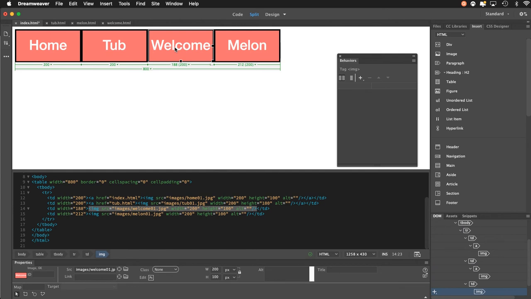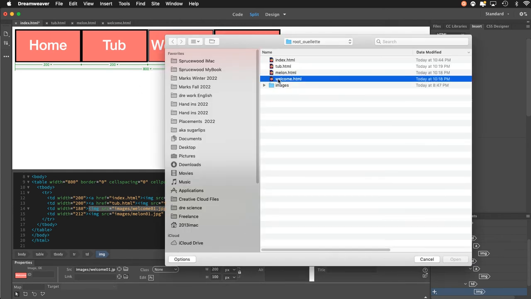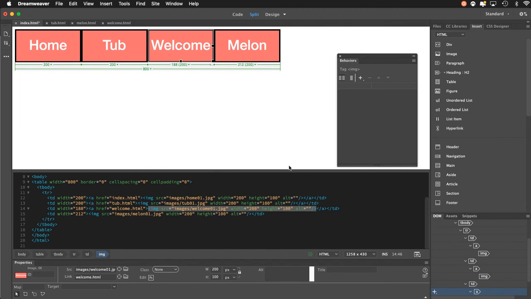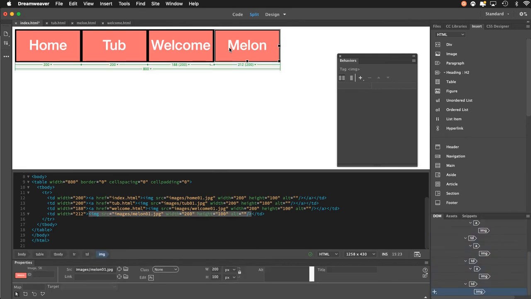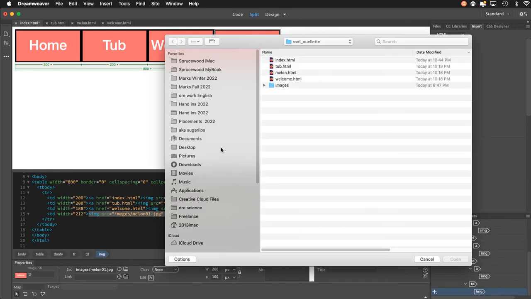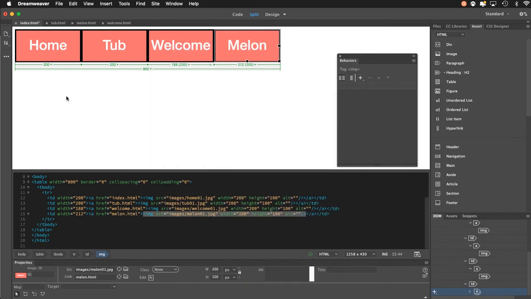I'm on the third one, welcome. Under my link window, I'll browse for file, click on welcome, and there we go. And I can see it appear as well in my properties just to confirm it. And I'll click away here, and the last one called melon. Let me just click away here again and select melon. And go into my link, browse for file, and we'll attach that to melon and click open and save the